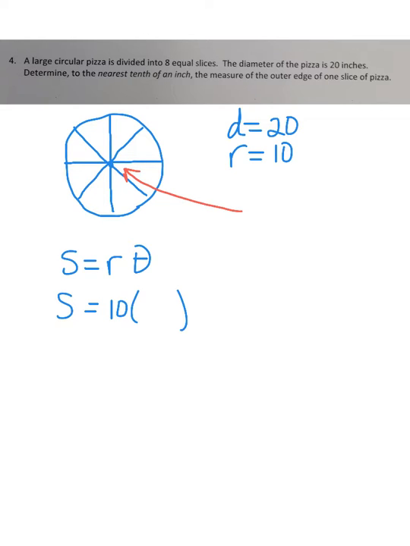And we know that a full circle is 360 degrees. So if I do 360 degrees and cut that into 8 equal pieces, then each of those angles is going to be 45 degrees. So there's my central angle. But remember, when I am doing this formula, this angle here always has to be in radians, and 45 is in degrees. So we're just going to take that 45,